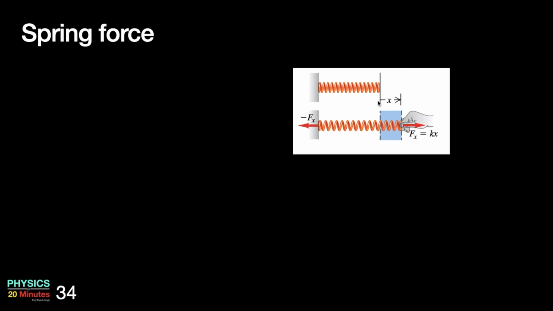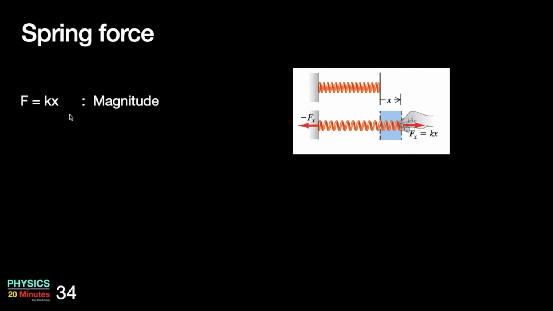This is a time to introduce the spring force. We are familiar with it. Whenever you take a spring, this is a relaxed spring at its relaxed length. But in the second case, the spring is stretched by an amount x. The moment you apply a stretching force, the spring will undergo tension, and if the spring is in equilibrium, then the force applied on the spring has to be equal to a constant k times the displacement x of the spring. The spring will pull back with an equal and opposite force inside.